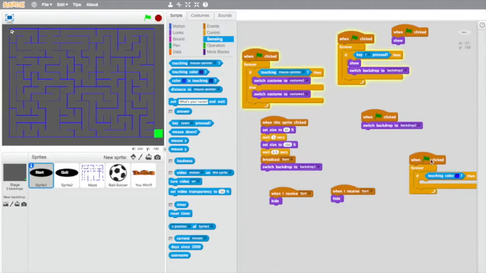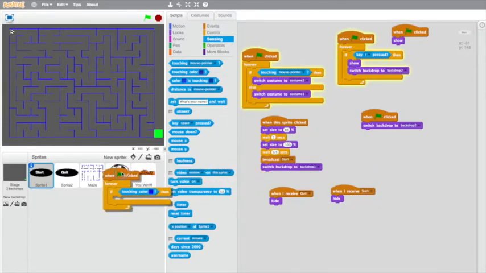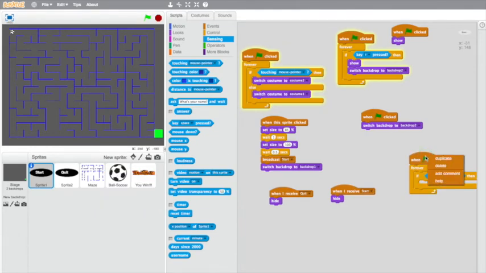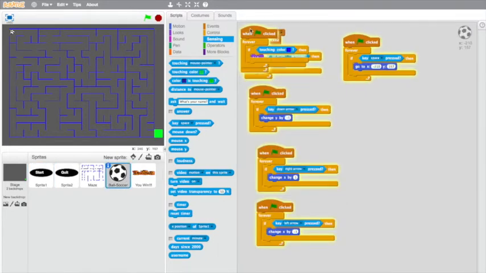Oh, this is on the start sprite. Sorry, drag this to the ball. And you can delete this. So right click and delete. So go to the ball, it could be here. And then coordinates are here. So forever, if it's touching that color, then